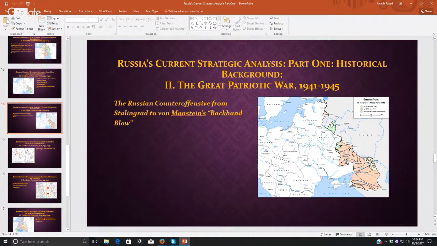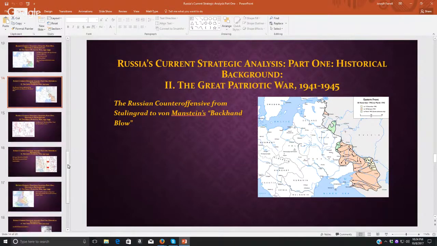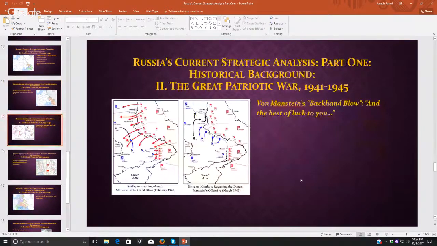Okay, so the problem there was that the Russians weren't banking on the German Field Marshal von Manstein, who in February and March of 1943 struck his backhand blow. He was overheard to have said, "The best of luck to you." Here you can see the Russian movements as they were beginning this attempt to encircle the entirety of Army Group South. Von Manstein literally drove Hitler nuts because he feigned a massive strategic retreat and just simply drew the Russians further and further away from their supplies until eventually, of course, you can see here, he counterattacked in February and